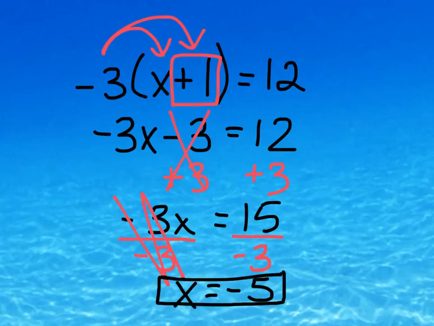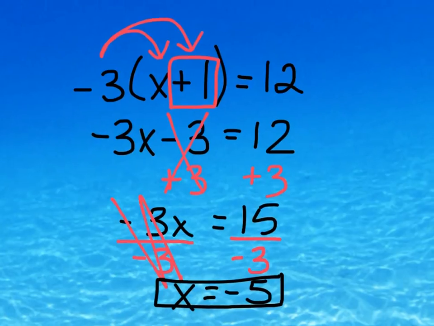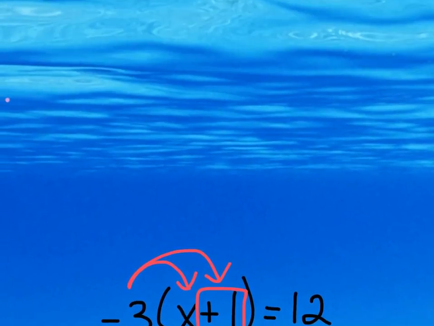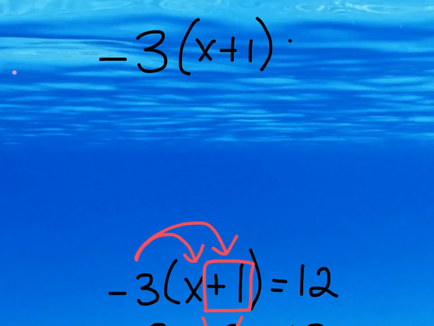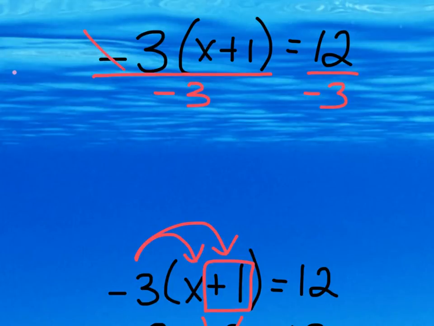Now I want to show really quickly another way of getting this same answer that might make more sense to you. We know, hang on a second, so -3 times x plus 1 equals 12. So a different way to get the answer is first actually to divide by -3 on both sides. And what that does is it gets rid of this -3 over here. And then what you're left with is x plus 1 equals 12 divided by -3, and